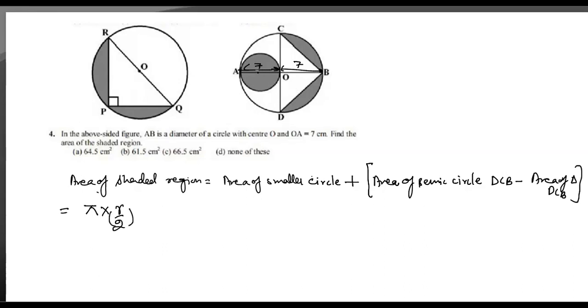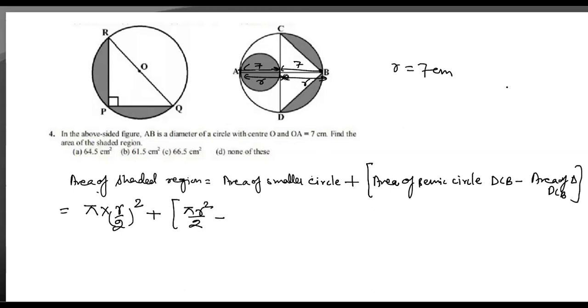Here we are considering that the radius is this one, this is r and this is also r, so I'm writing here r by 2 square. For this one I'm writing r by 2 square, plus area of semicircle, which will be pi r square by 2, because we are assuming that r is equal to 7 centimeter. And why divided by 2? Because we are just calculating the area of the semicircle only, minus the area of this triangle, because this is the 90 degree.